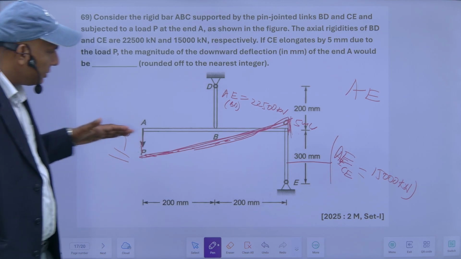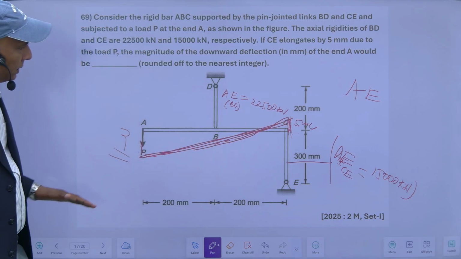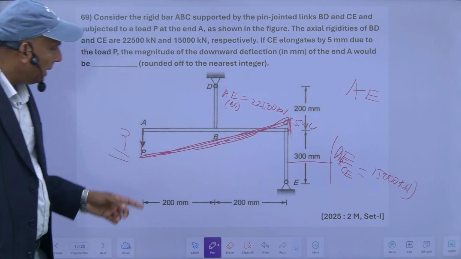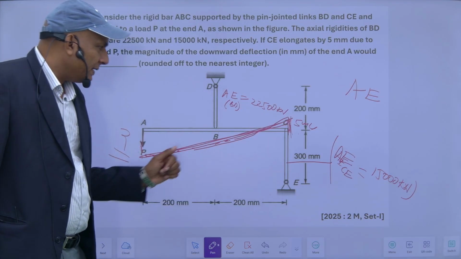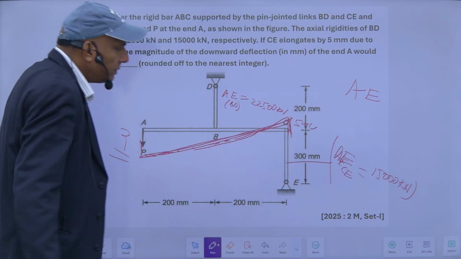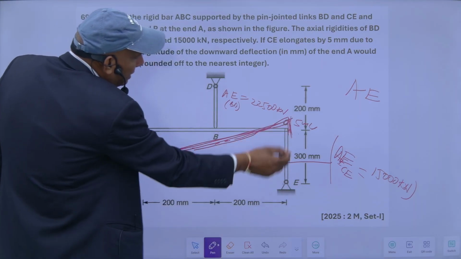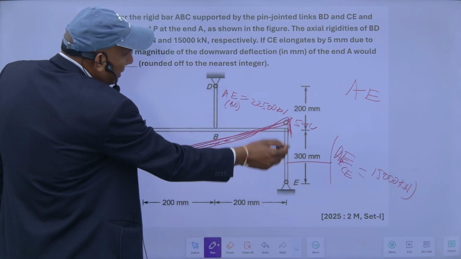So this is a rigid horizontal bar. So obviously it will bend like this in a straight way. This is 5 mm and this I have to know. So it is very simple. This elongation is 5 mm. So elongation in this case will be PL upon AE. The formula is very simple. Force in this member